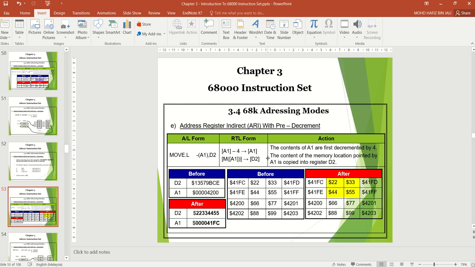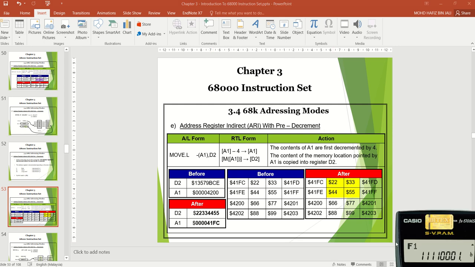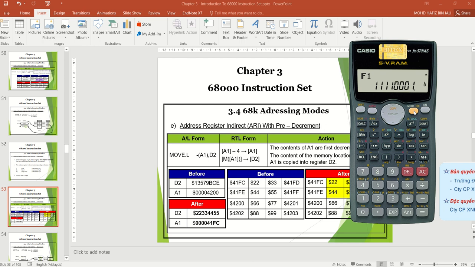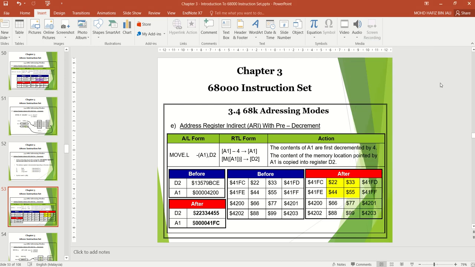So this is quite direct. For 2000, the A1 will be decreased by 4. So 4200 hexa minus 4. You need to use the calculator, base hexa, 4200 minus 4. So 41FC.